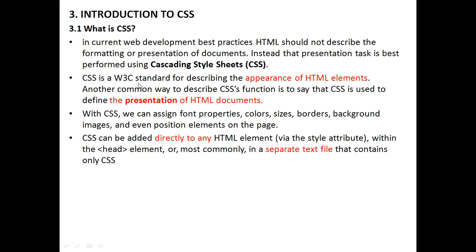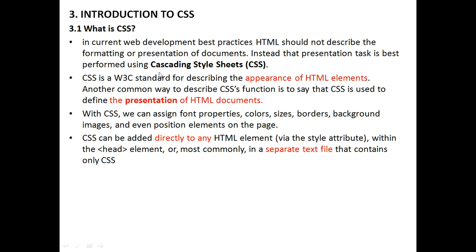CSS is a W3C standard for describing the appearance of HTML elements, how they should look. Another common way of describing the function of CSS is to say that CSS is used to define the presentation of HTML elements. Either you can say it as the appearance of HTML or the presentation of HTML documents.